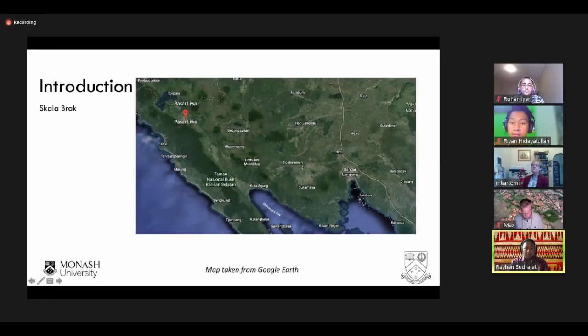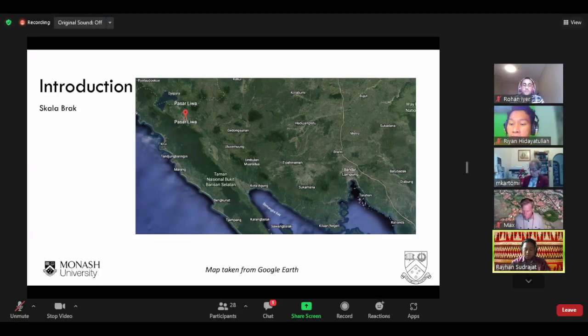Here is the map from Google Earth about the Sekala Beghak, which is in northern Lampung. Here we have the Pasar Liwa, or known as the Liwa area. So in the Dutch colonial era from around 1811 till 1945, the Saibatin people, or one leader known as the Pimigiri or coastal people, lived around the Sekala Beghak uplands and the Melinting Rajabasa here.